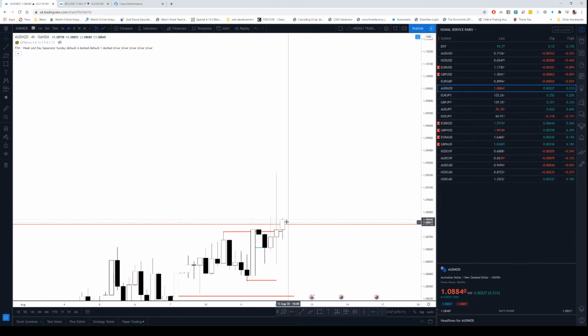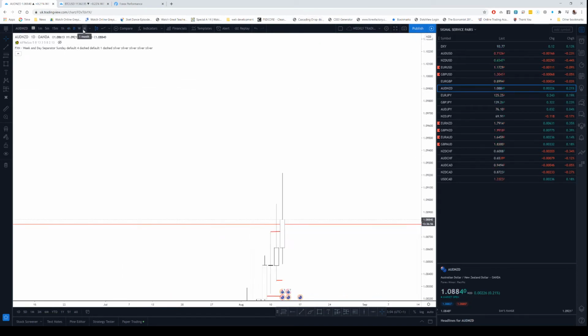Price might find support here and then push price up again. What I want to target,